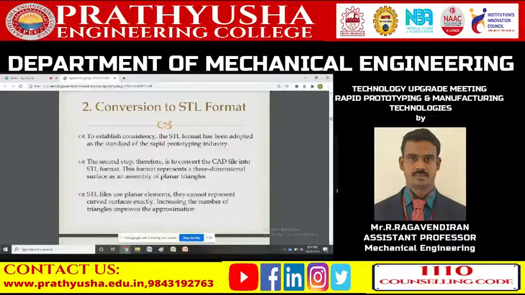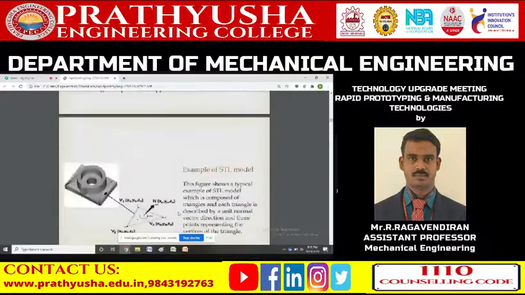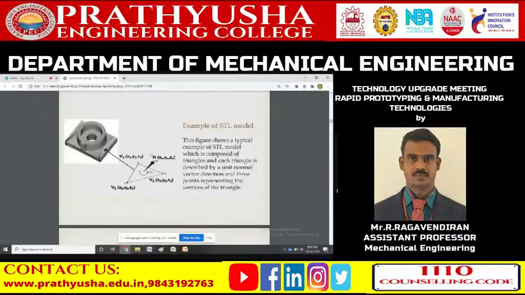So STL files cannot represent curved boundaries. All the elements of STL files are denoted by triangular elements alone. This is the diagram for the STL file model, which is created as shown in this diagram, and it consists of many triangular elements by which the whole solid model is represented. Every triangle is represented like this with a unit normal vector and 3 vertices v1, v2, v3 as shown in the diagram, and this one is the normal vector direction.